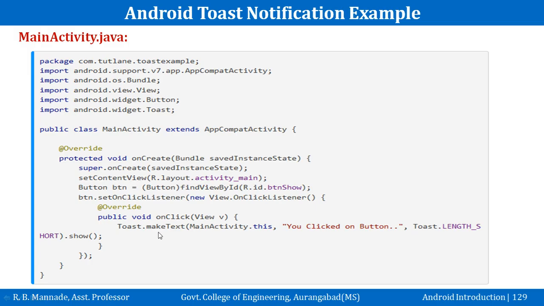In this case we are simply displaying a toast message using Toast.makeText, then this is the context of that particular application, and this is a message, that is, you clicked on a button, and this is a duration. In this case we are using Toast.LENGTH_SHORT duration, and we are calling the show method of the Toast class, right? So whenever the user clicks on that particular button, it will show this message in the form of a toast,